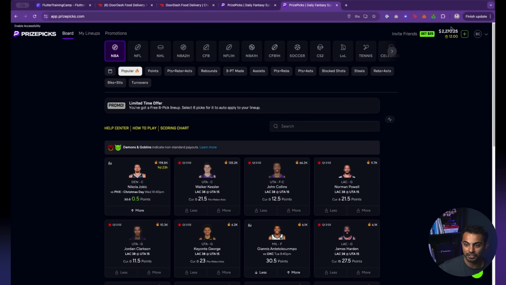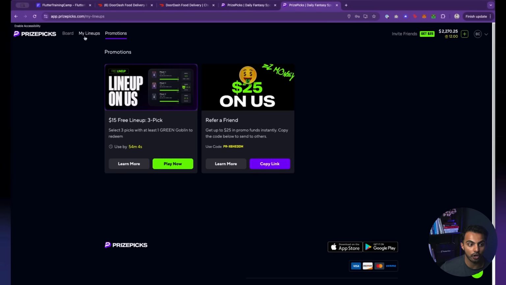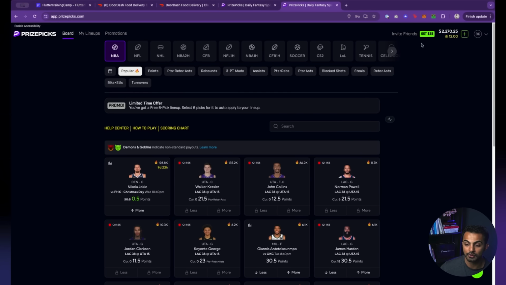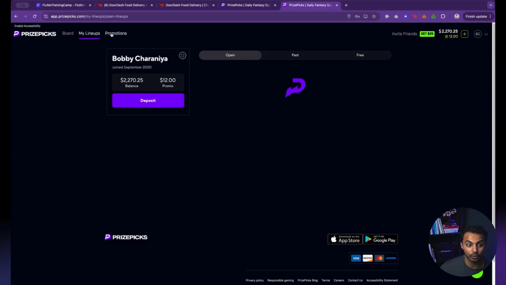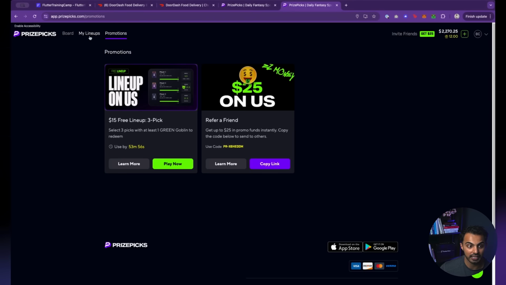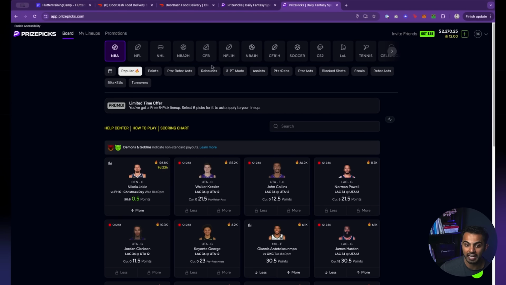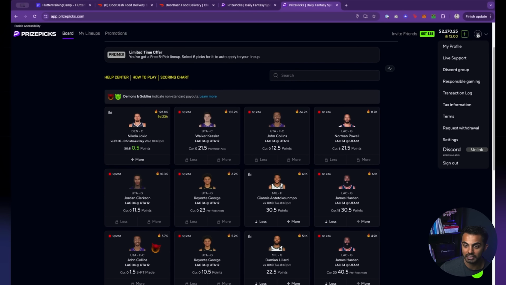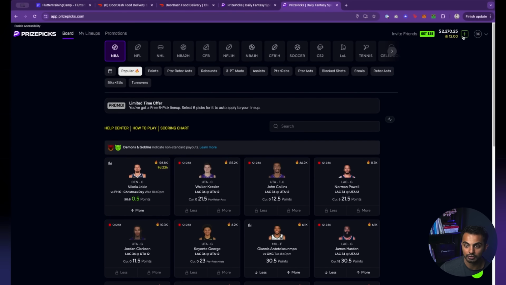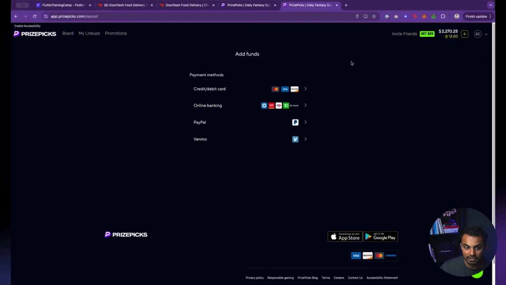In fact, let's just go over there. So here's my PrizePicks account. And just like I was telling you, look, at the top right, I have my account balance, $2,200 something. No matter where I go on this website, that 2,200 is always there. Okay, so that is app state. I remember because I actually programmed this as well. No matter where I go, and if I refresh this page, it will always be there as that same value. And even if I click on something like deposit, it will be there all the time.